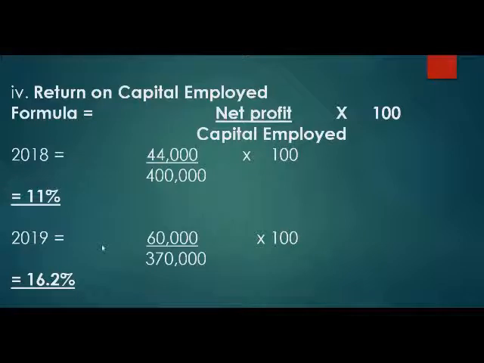In the B part of the question, you are expected to comment. So the comment on this particular solution is that there is an increase in capital employed due to the increase in the percentage, because in 2018, the capital invested is 11%, while in 2019, with the profit generated and the capital, it now rises to 16.2%. So there's an increase in capital to Nuje Nigeria Limited.